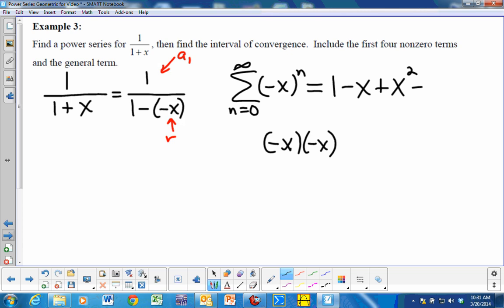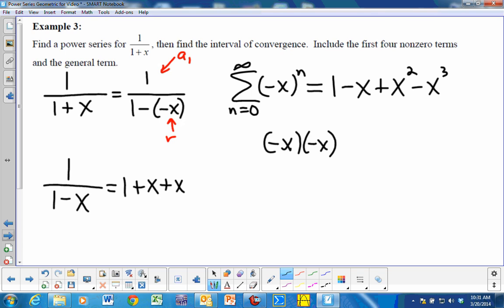Then you put n equals 3, you'll get minus x cubed, and then you can see the pattern there. So that's one way to do it. Super easy. Just look at it and go, oh, look, there we go. It's very simple. Another way to do it is if you had 1 over 1 minus x, we know that